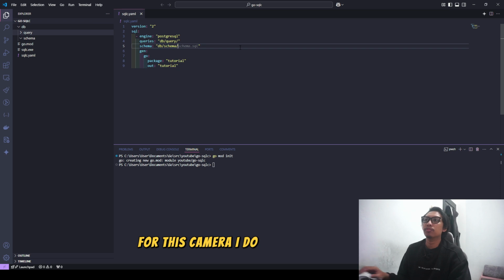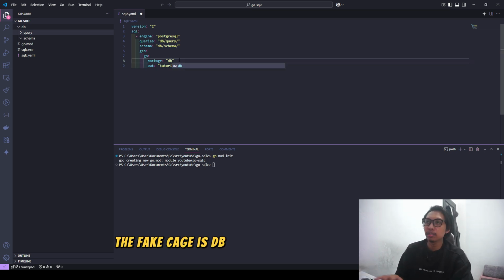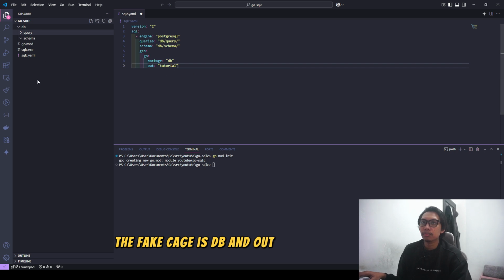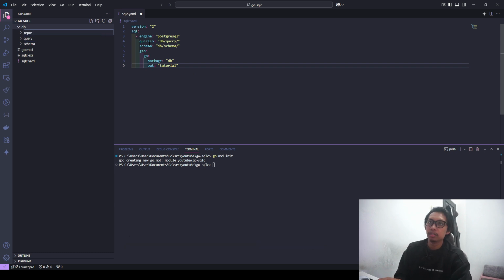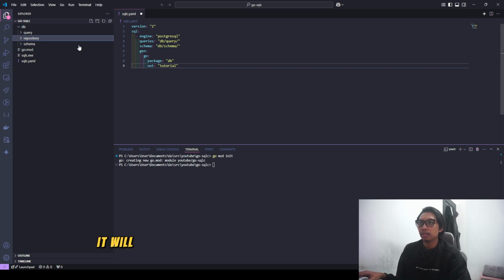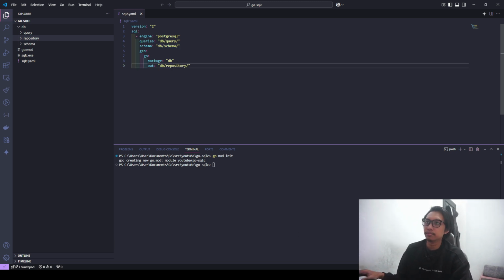For the schema it will use the schema folder. The package is db, and the out will be a folder, maybe I'll use the folder repository. So it will generate in this repository folder, db/repository.